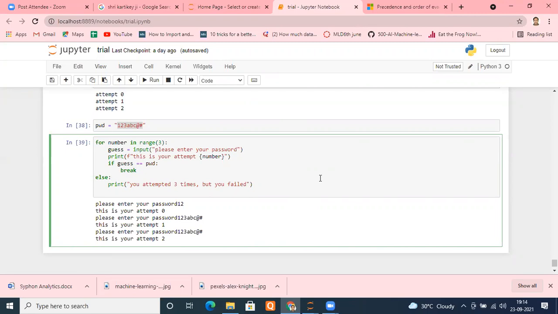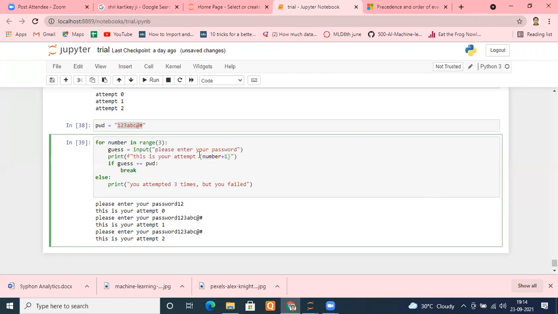Yes, sir. Now, one more thing we have to troubleshoot. Actually, it will show attempt number 0, attempt number 1, attempt number 2. Why? Because we have taken 3 here, and it is going to count from 0 to 2. So in the first iteration, the number will be 0. It will show attempt number 0, 1, 2, which is not a good way. You can solve that in 2 ways: by putting a plus 1 here.